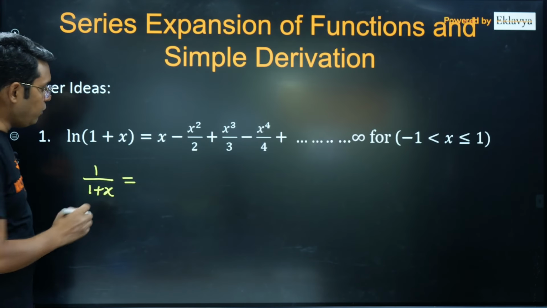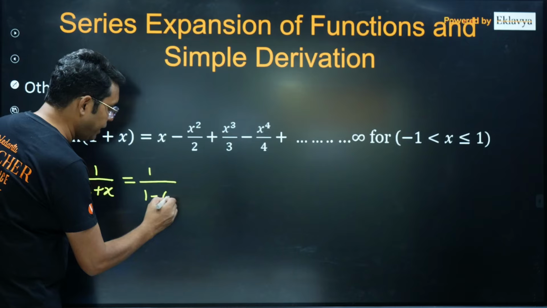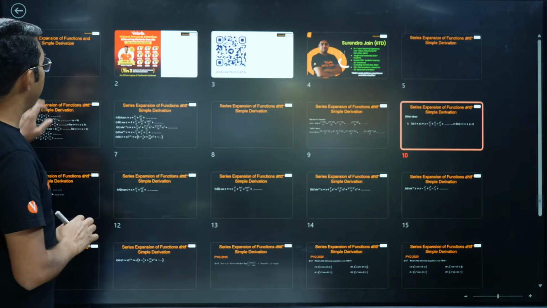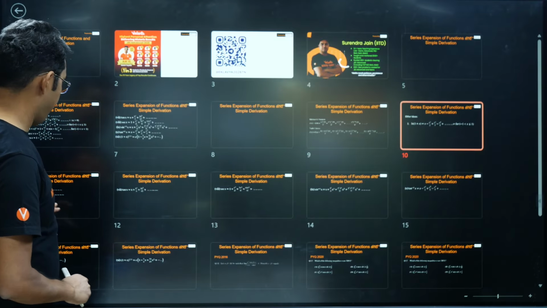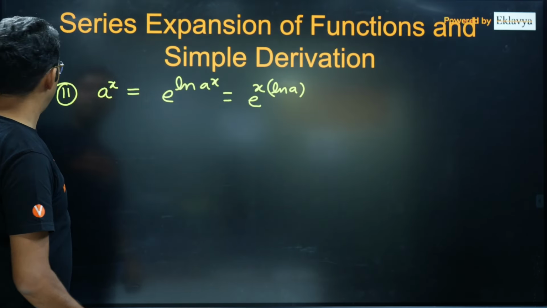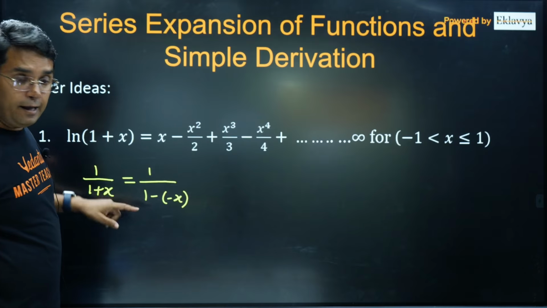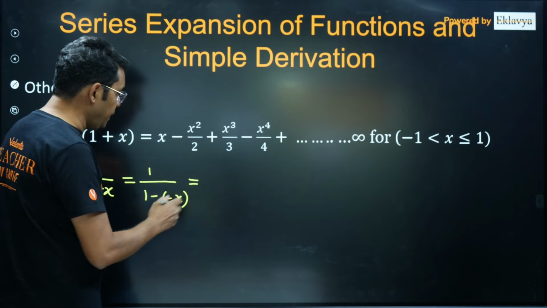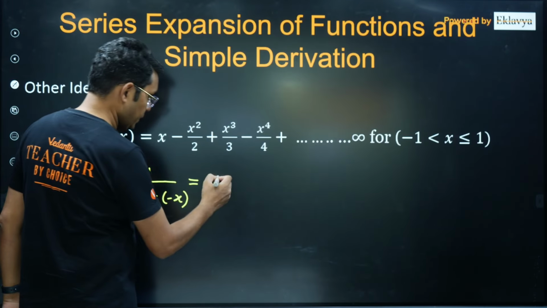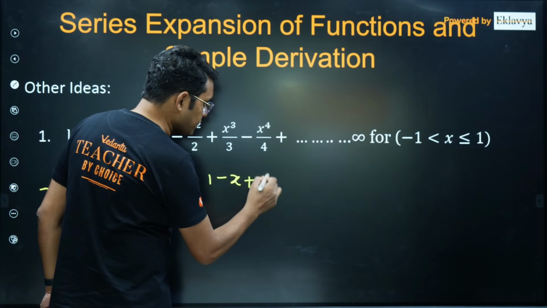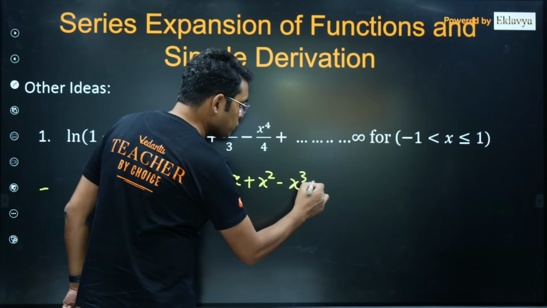Now you can think of this as 1 upon 1 minus (minus x), and then you can think of this as a sum of an infinite GP whose first term is 1 and common ratio is minus x, so it will be 1 minus x plus x square minus x cube and so on